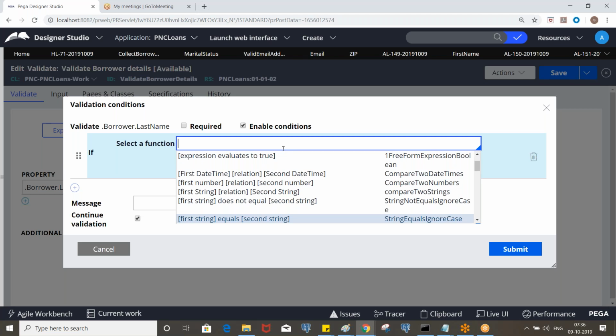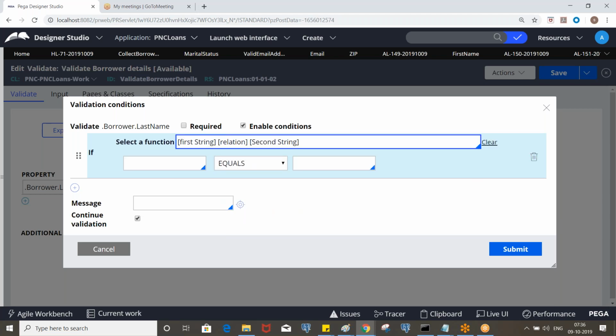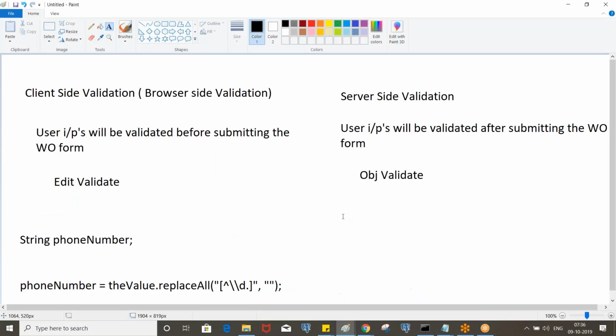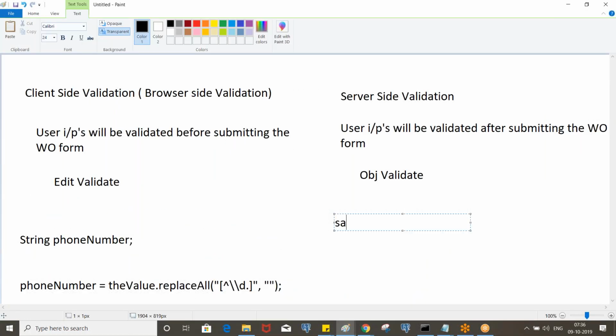So let's say you put first string relation second string, comparing two strings. If you enter the data like this, let's say the first name I entered in lower case and the last name I entered in uppercase, it will not validate.